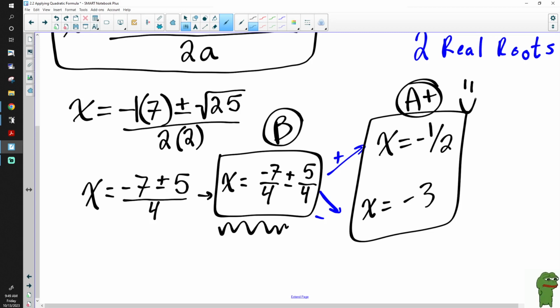Yeah? The quadratic formula? I don't know. Please rewrite and give it to us. At least give us the